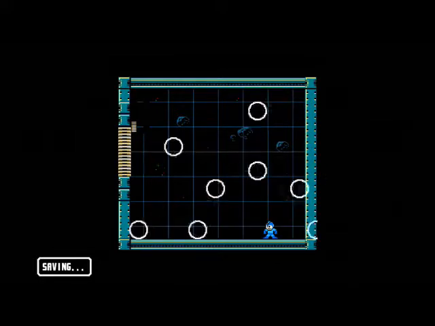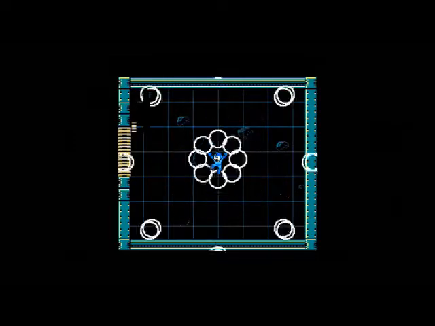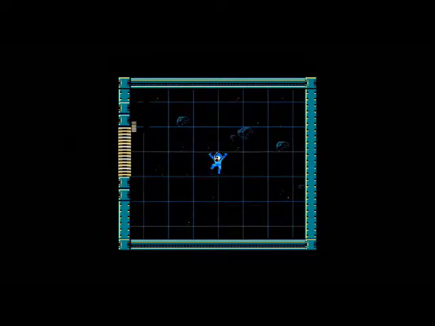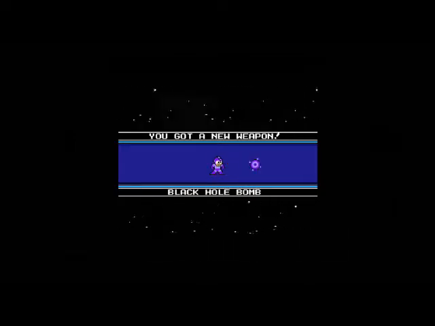Whew! Okay, that was kind of close. I don't know how much his contact damage is, but I can't imagine it's any worse than Mega Man 4's. But yeah, Galaxy Man, that's the most of his pattern. His black hole bomb is pretty much there to suck you in for when he warps, but that's kind of beside the point. Fortunately, his actual weapon that we get is probably one of my favorites in the entire series,